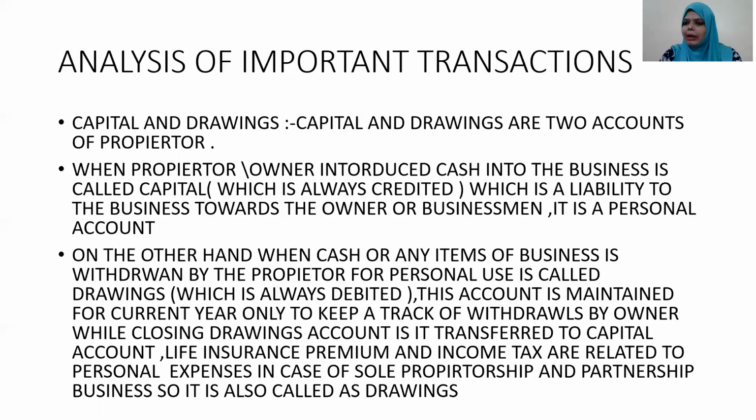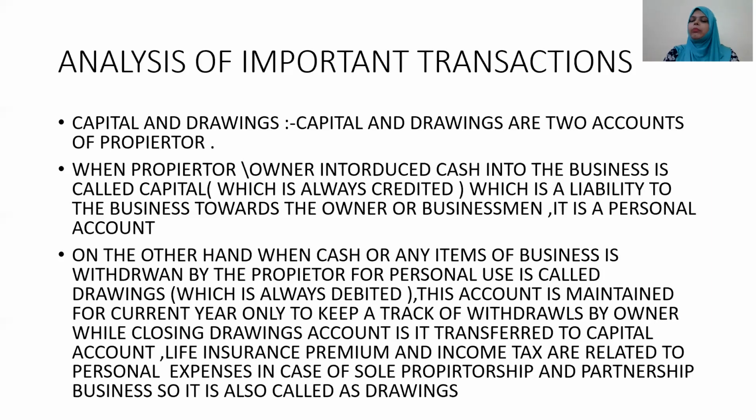Now, why is it a liability? Because the business doesn't have its own money. A business is an artificial person. Suppose XYZ business house, or we can say Hindustan Unilever Limited. So what is Hindustan Unilever Limited? It is an artificial person. It is an artificial business. It is not a real person. So where does it get its money? It gets it from the owner of the business, right? From the proprietor. So it is a liability. It has to pay back to the owner as interest. That is a separate part. We'll keep the interest on capital as a separate part, but the capital is naturally a liability to the business.